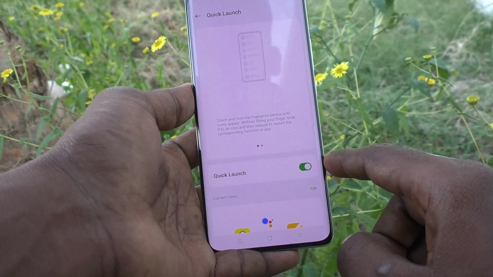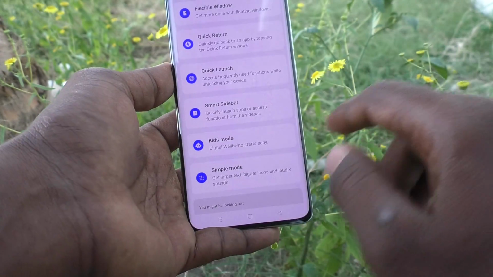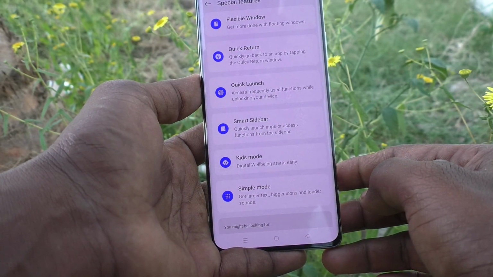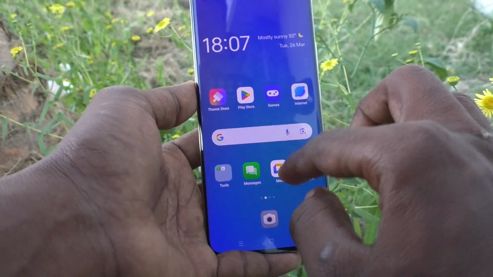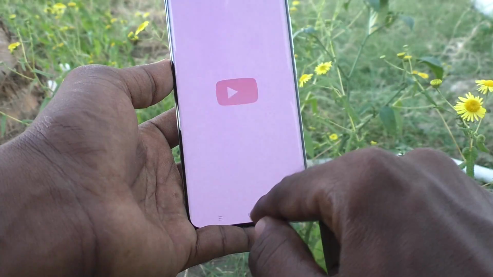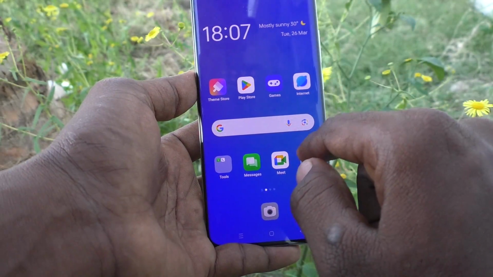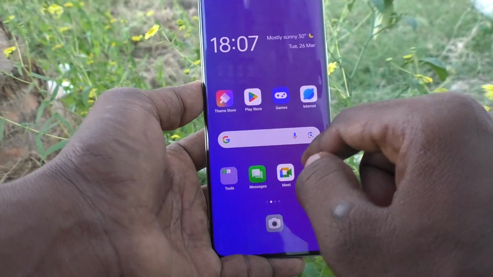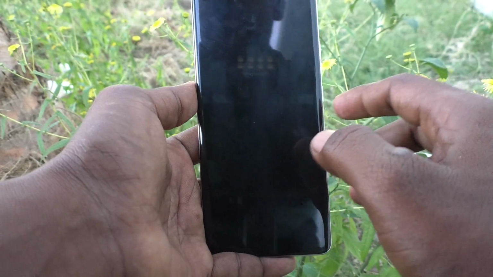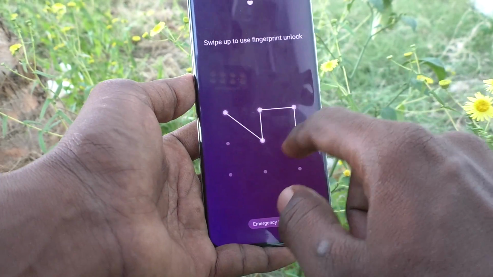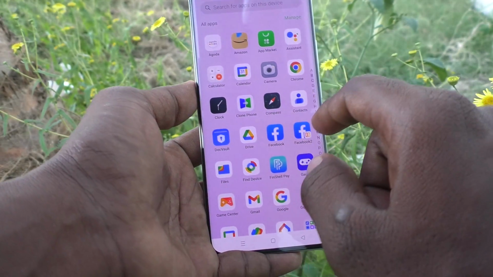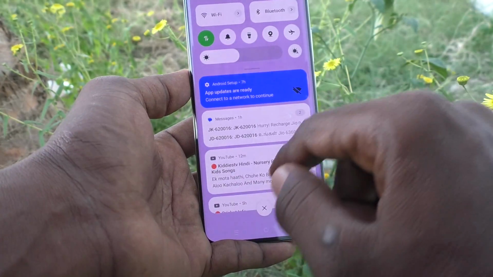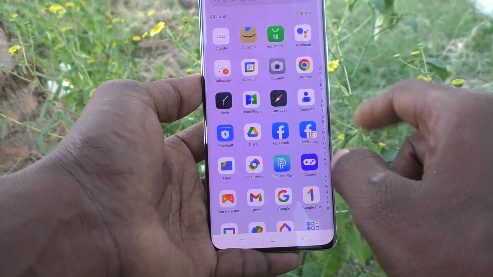you can access frequently used functions while unlocking your device. Okay, so if you are frequently using YouTube and other functions like Google Play Store, Google Home, etc., those can be accessed after unlocking your phone. Okay, see here. So in this way you can easily set quick launch in your phone Oppo Reno 11 Pro